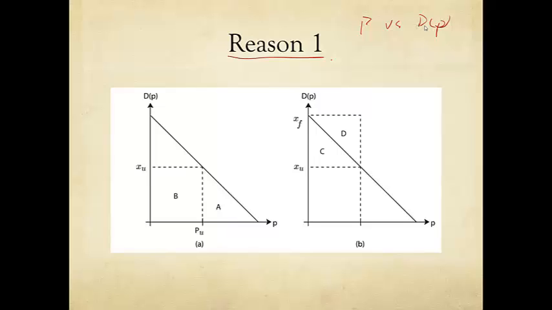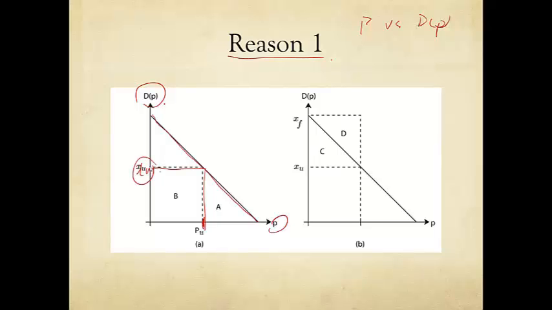Here we are plotting D of P versus P. Okay, so this is price on the x-axis and demand on the y-axis. Of course, it's a decreasing function. Let's say it's a straight line for graphical simplicity here. Now, if you pick a certain price point as the carrier, okay, so P sub U for a usage-based scheme, you say that this is the unit price I need to provision capacity at in this scheme here. Then, according to a demand curve with usage price, you get a certain x sub u